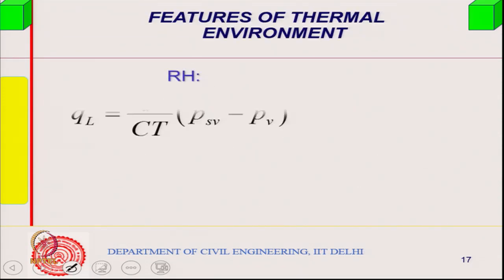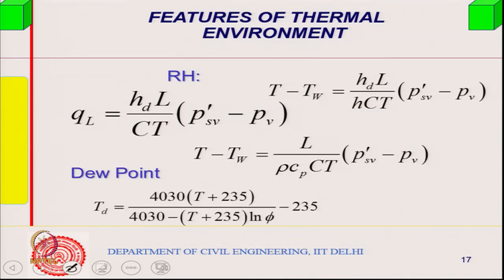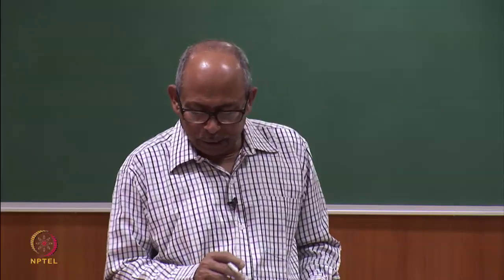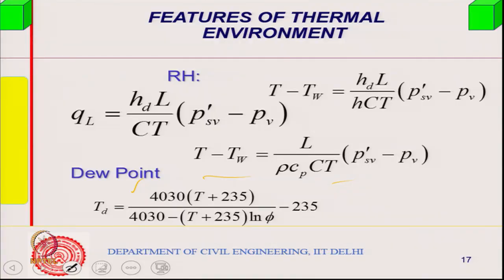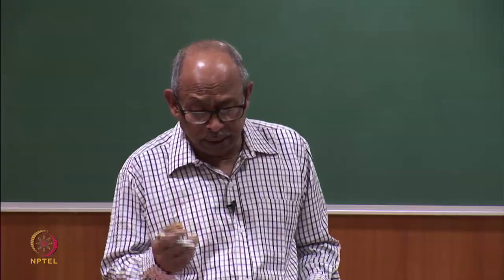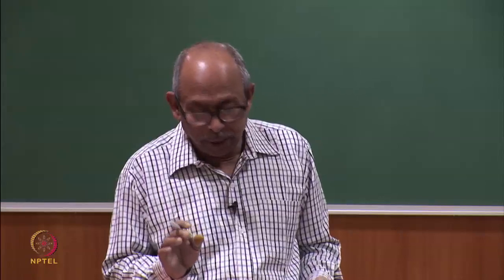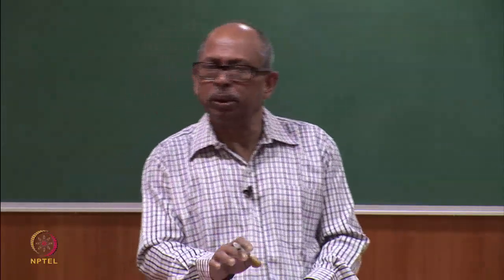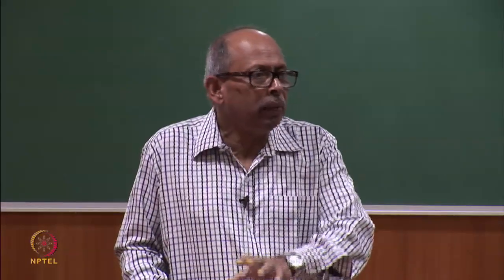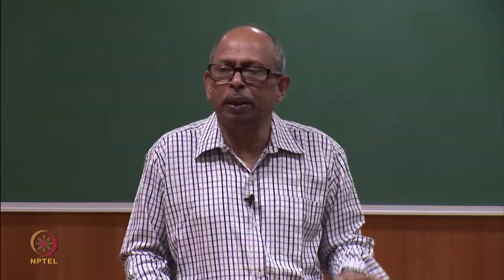At the moment I may not look into this, next class we might look into it. Wet bulb depression and dew point temperature can be related, because if you have to do cooling beyond dew point, you might have to go to this temperature. We will see this later in the next class. At the moment if you have some questions, I will be able to answer. The rest of the problem you can do yourself, using either the equation or the psychrometric chart, whichever way you like, and complete this part.